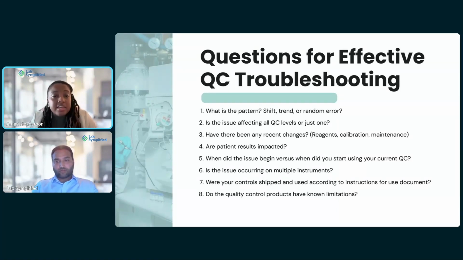Is the issue affecting all QC levels or just one? Because that could mean different things. If you're only seeing an issue on one level,